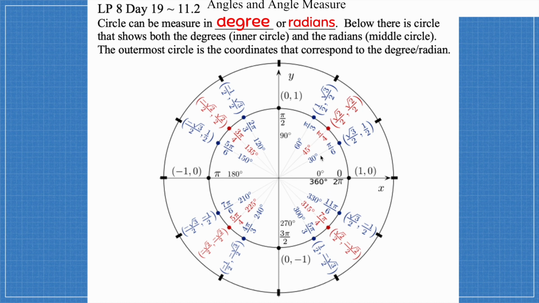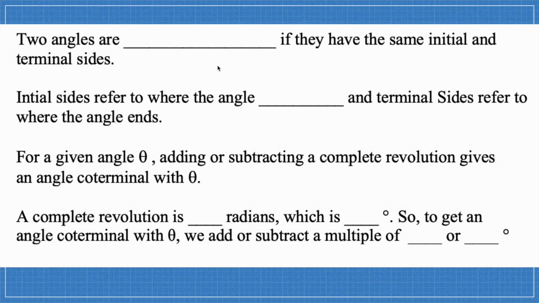So 30 degrees is the same thing as pi over 6 radians. They're just different ways of measuring the same thing. It's just different units. So when we're converting between one or the other, there's definitely ways to do that. So another definition we have to come up with, because this is something that's going to be asked in our